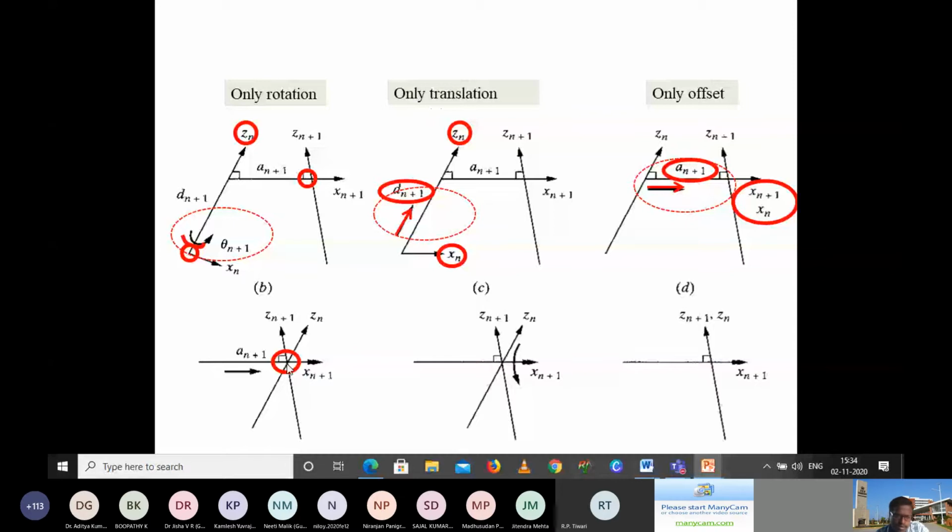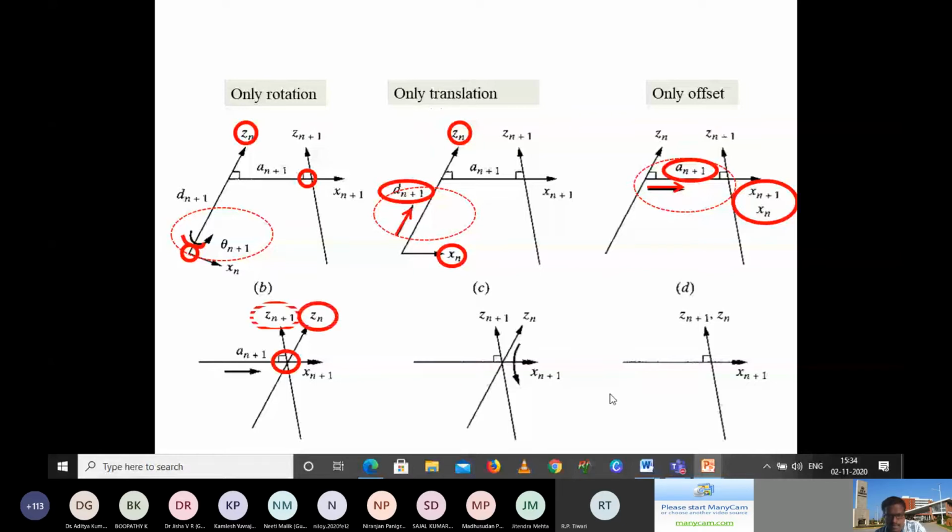Okay, so once it is in the single point when it comes, then also the Zn axis is not aligned with the Zn plus 1 axis. So what I have to do here in this parameter, I want the Zn to align with Zn plus 1, which means I have to rotate the Xn axis. That is nothing but now it is coupled with Xn plus 1 axis. The Xn axis I have to rotate with the value of alpha. Then obviously Zn will align with Zn plus 1. That is the thing I have given here, the parameter